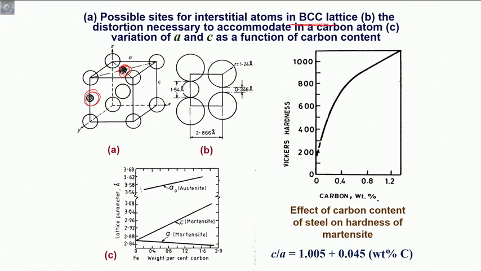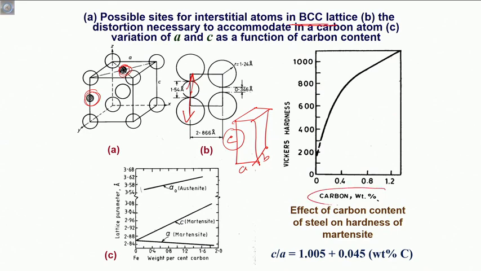If it chooses either of these positions, for example, if it goes to the middle of the edges, then we see there is immediate lattice expansion in this direction. It is exactly because of this reason that in a tetragonal unit cell you expect the C direction to be larger than the A and B directions. So this tetragonality, or deviation from the cubic